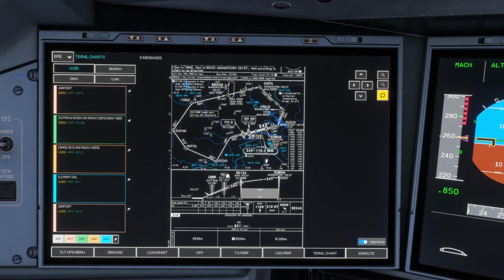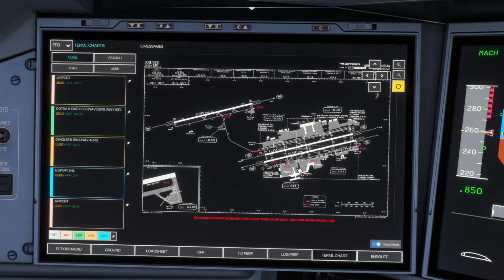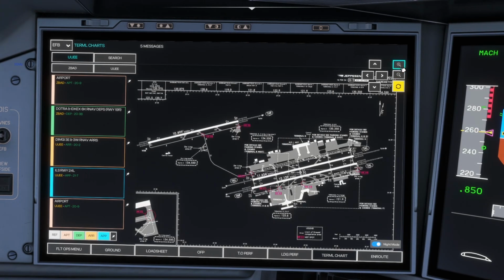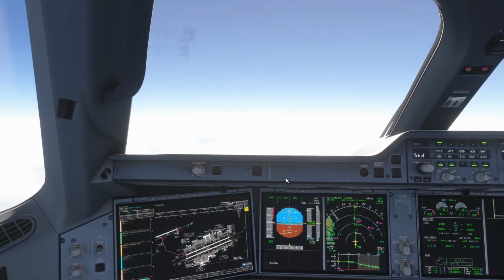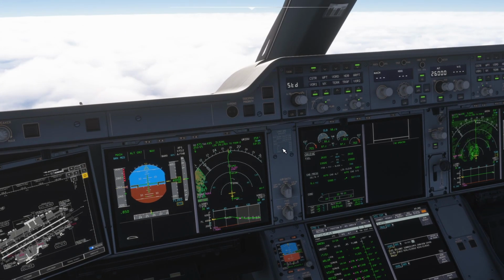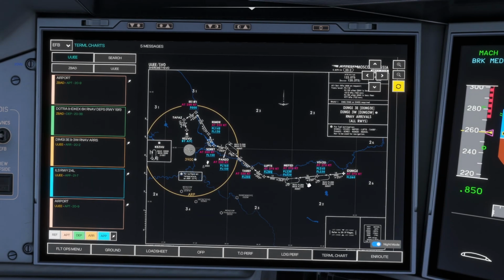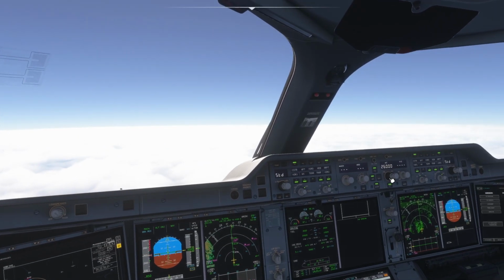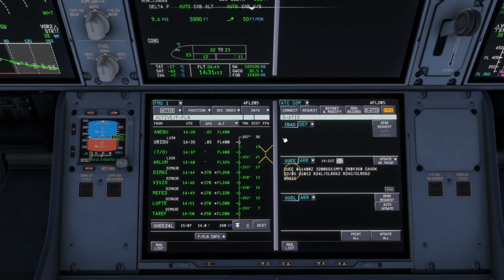Actually, wait, hang on. I need to check when we have to vacate the runway, because I want to time it perfectly. Okay, so Alpha 4. Yes, we will be using medium to poor braking for this. So autobrake engaged, and we'll arm the altitude for our descent into Sheremetyevo. Flight level 260 into Sheremetyevo.